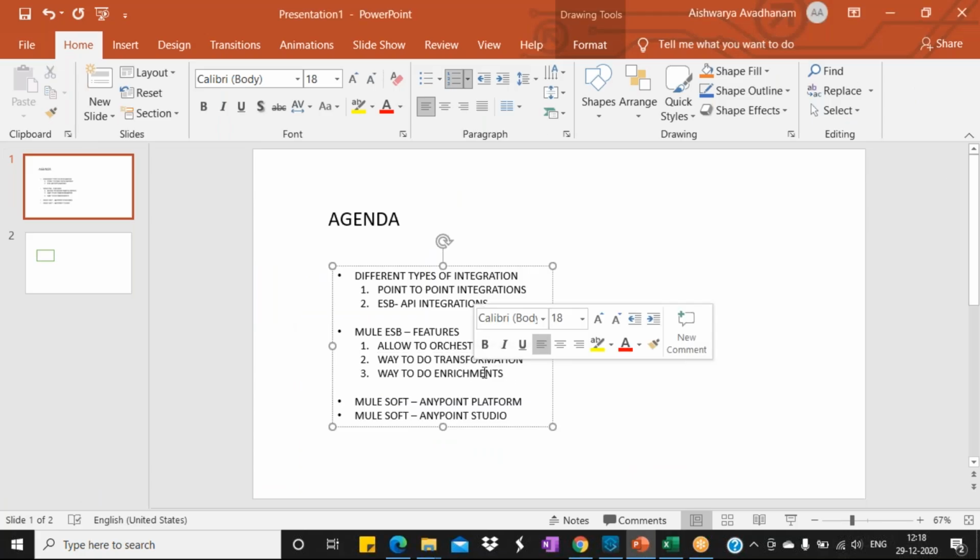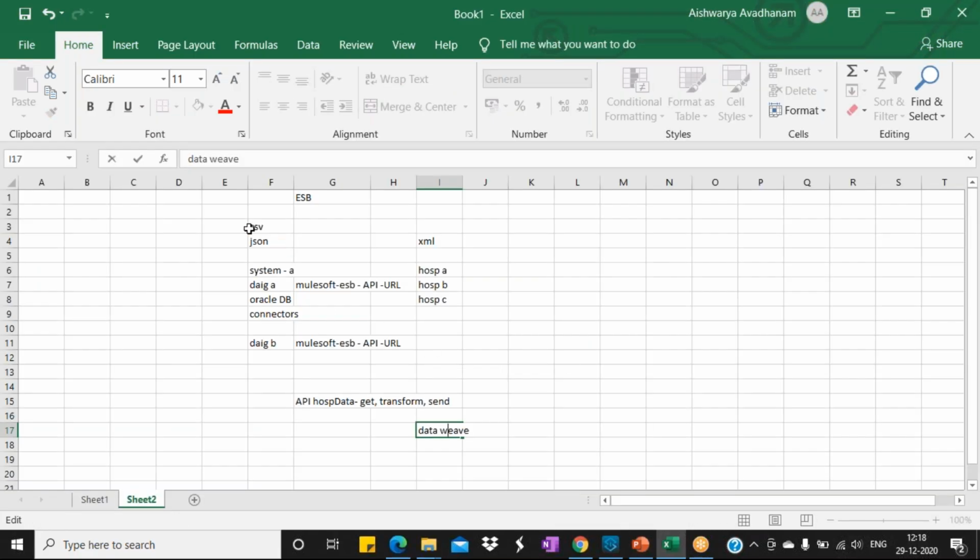And how to do enrichments. Enrichments, in the sense, as someone asked me yesterday, means modifications of data. Let's say we are getting this data, and the patient name has a first name and a last name. But the hospital, from diagnostics, will accept both in a combined format. It will require the full name. So how do we concatenate the first name and last name? And do you want to add anything, like